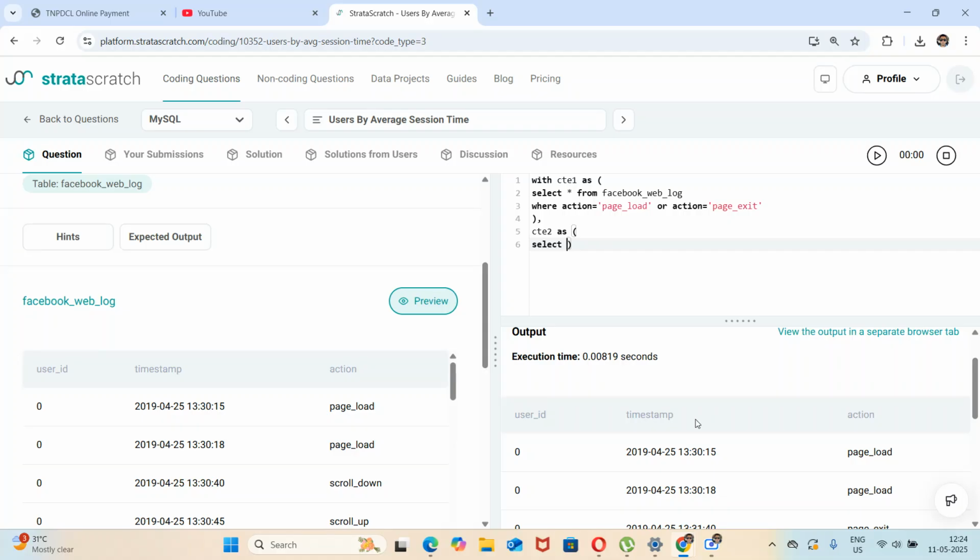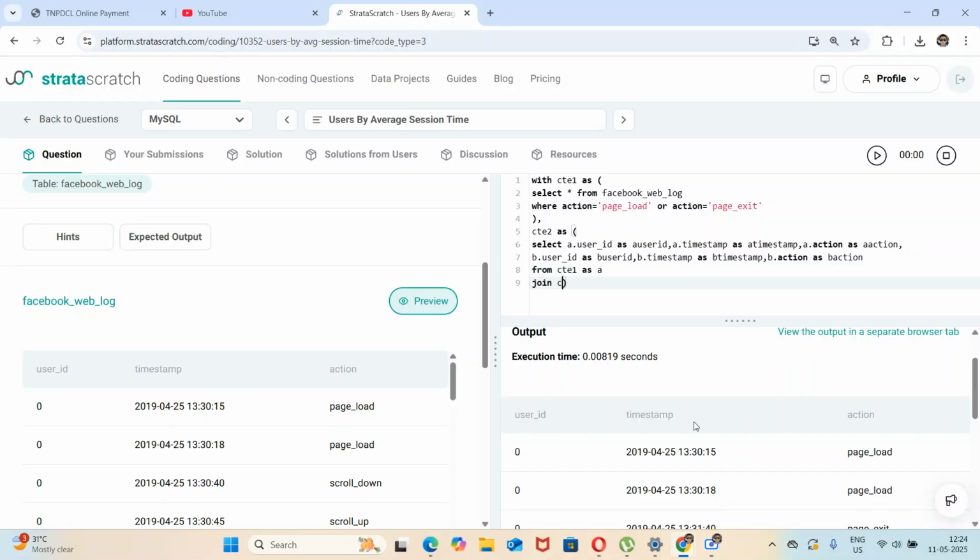To avoid this, we use alias names. For each column, we give a unique name so that you get the table in the output. Select a.user_id as a_user_id, a.timestamp as a_timestamp, a.action as a_action, b.user_id as b_user_id, b.timestamp as b_timestamp, b.action as b_action from CTE1 as a